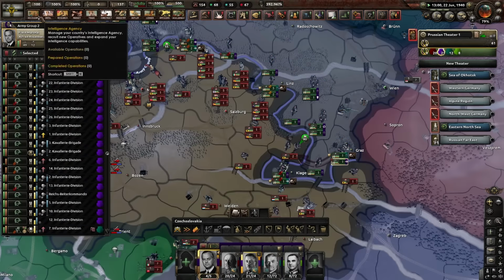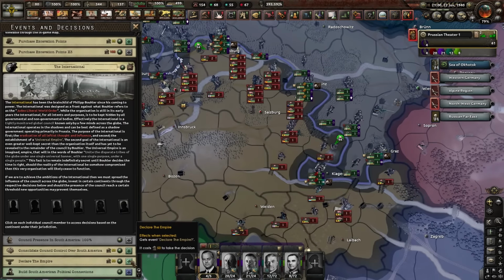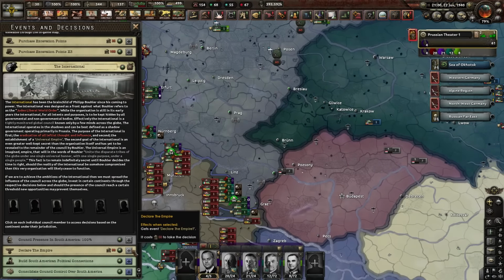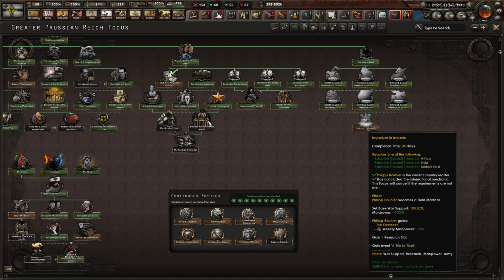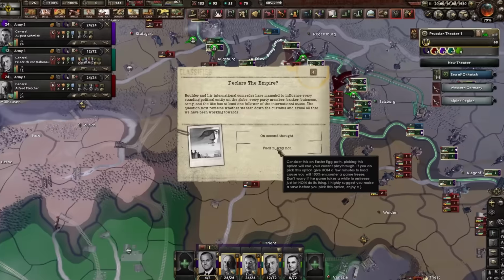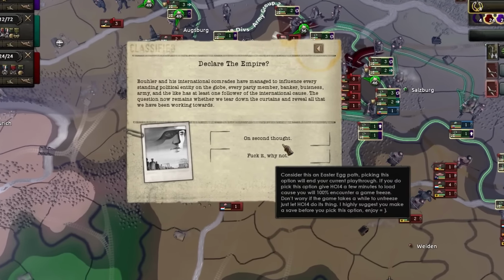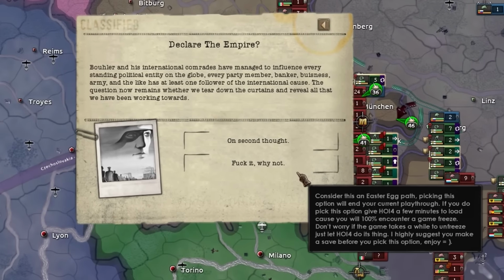So remember earlier when I talked about the Men in Black focus and decisions? Well, I finally finished them and infiltrated all the governments across the world, enabling a decision to proclaim the empire, allowing me to do the focus Imperium in Imperio. When I click the decision, I get an event to decide on revealing the shadow government. If you don't, you get 200 political power, but if you do, well...